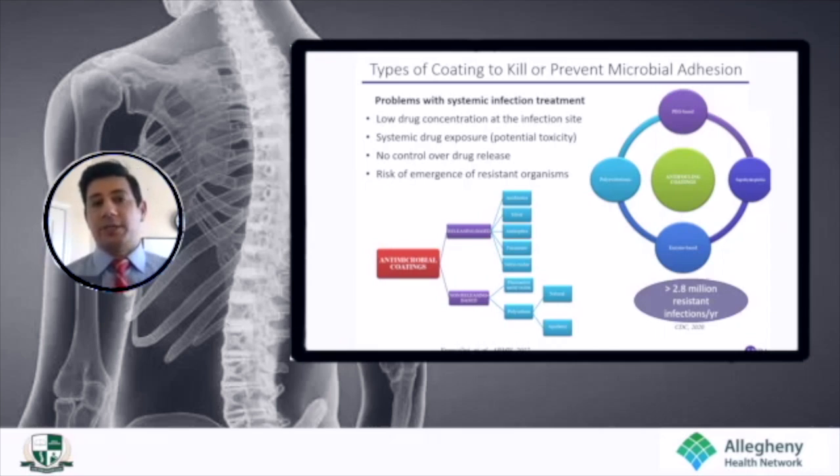Therefore, there is an unmet need for local delivery of antimicrobials or developing antimicrobial surfaces. There are two types of antimicrobial surfaces, antimicrobial coatings and antifouling coatings. Simply put, the first is able to kill microbes when they approach the device surface, while the other